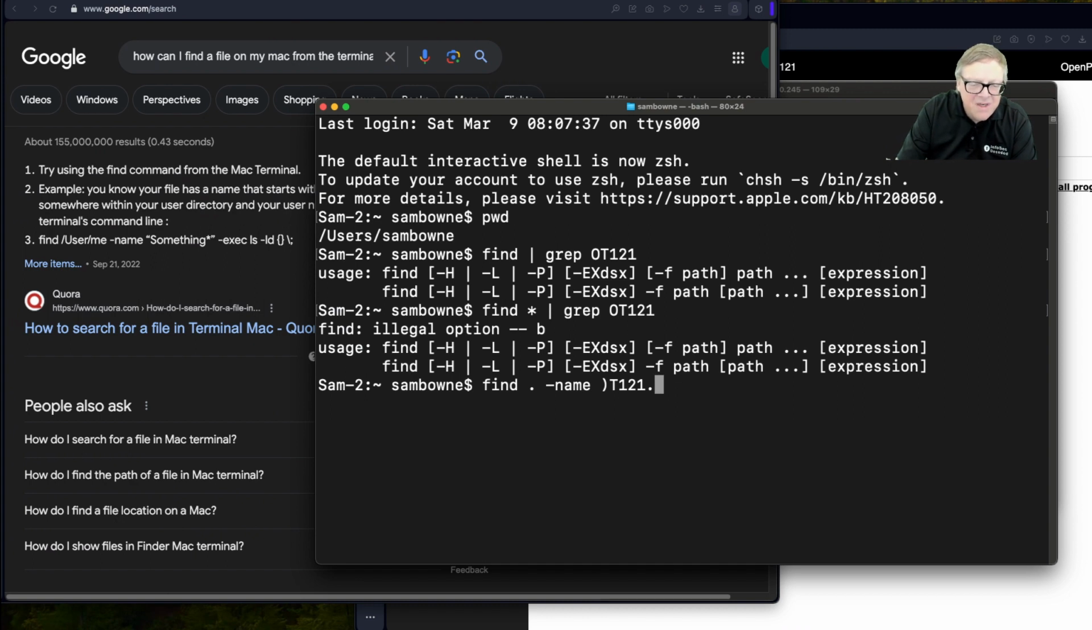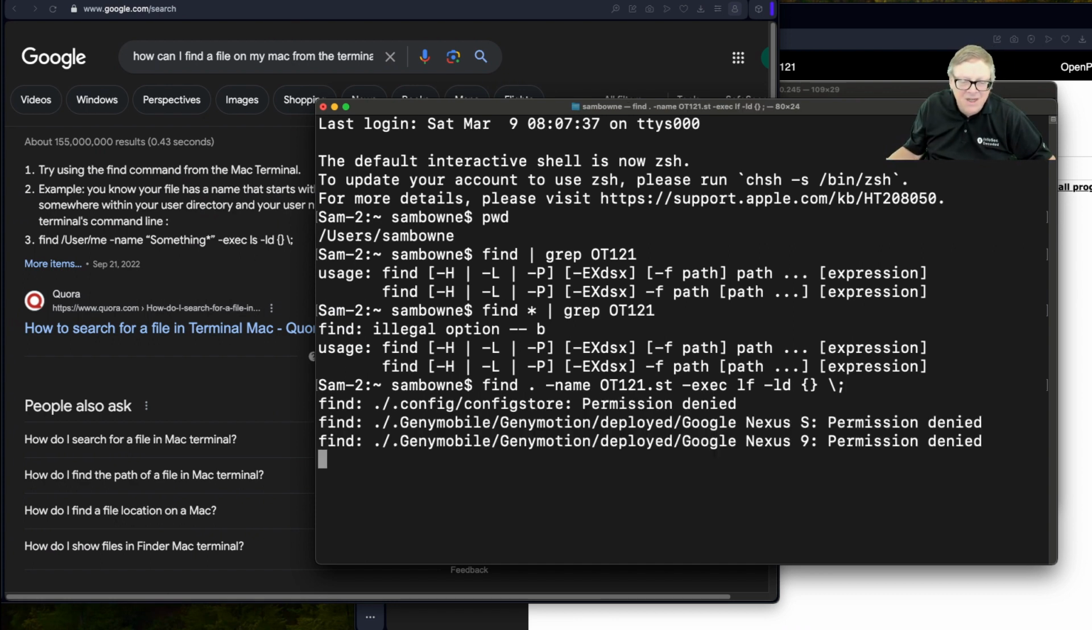ot121.st dash exec. This is the part I can never remember, and I'm always trying to find: ls -ld curly braces backslash semicolon. There we go. Okay, at least it works. Now, when I was hacking into Linux boxes, just find would list every file name on the box. That's why I like the other way. Find pipe grep. But anyway,